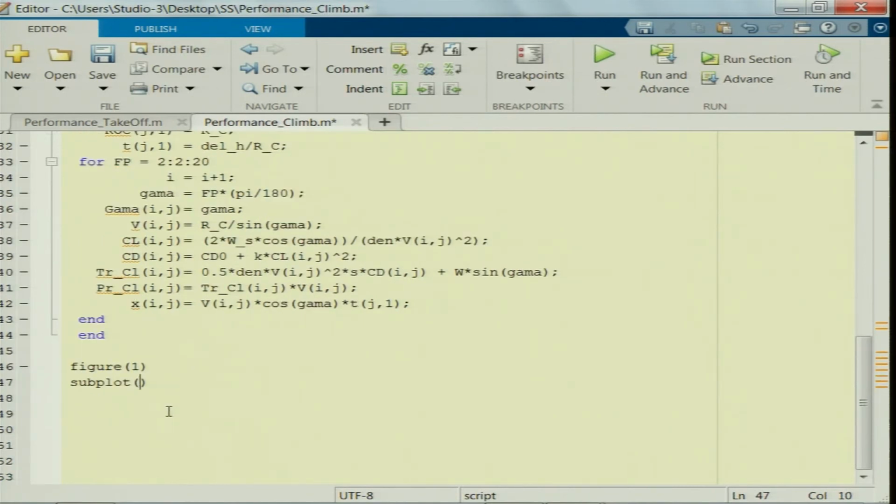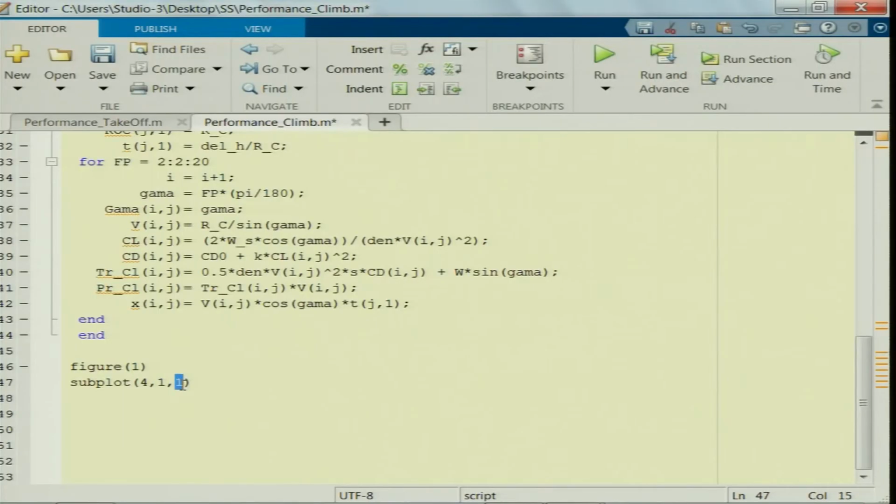So, let me take it 4 by 1 by 1, which talks about it in the figure. You will have 4 rows, that is 4 horizontal plots and 1 vertical plot, right. There is only 1 column. If you have 4 by 2, that means you will have 8 different plots. Now, 4 by 1 you have only 4 plots. So, when you say 4 by 2, in the first column you have 4 rows, in the second column you have 4 rows.